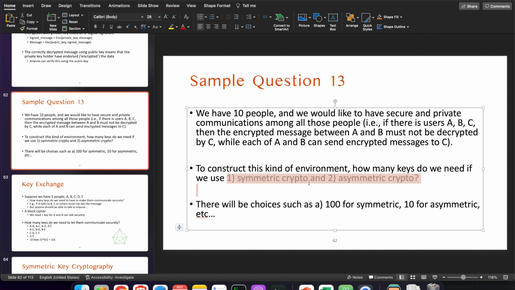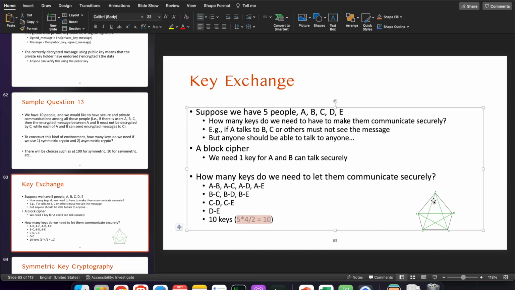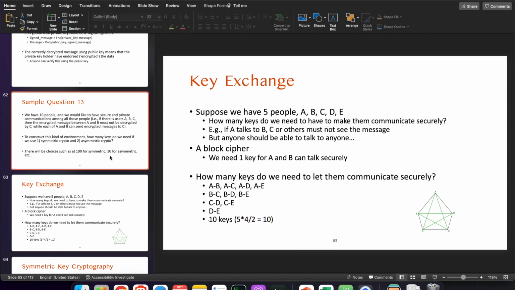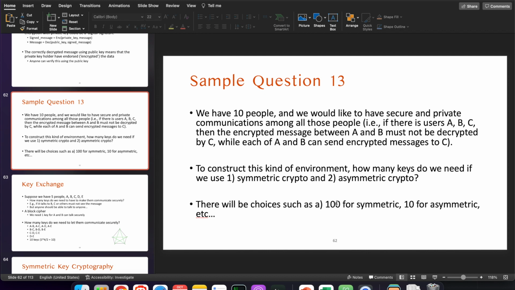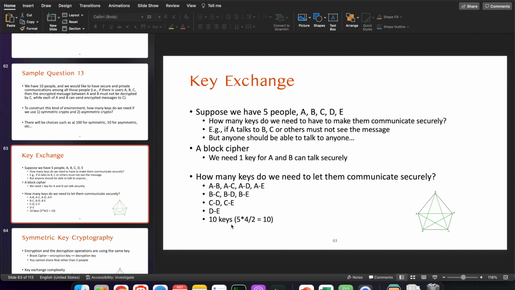But in symmetric crypto, you need to use a formula to calculate that. It is the number of lines that we can draw for n dots, that is, how many edges there are in a fully connected graph with n nodes. That will be the correct answer. So please use this formula to calculate the correct answer for the symmetric crypto case. For this type of question, please use Python or some other calculator to compute the correct number.